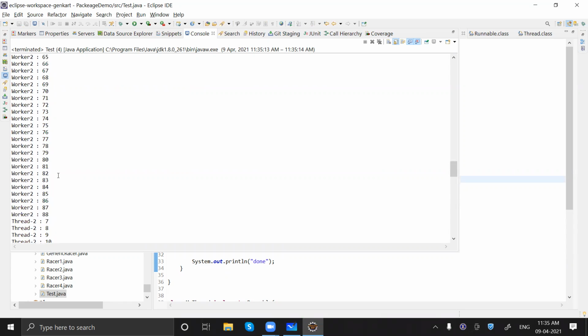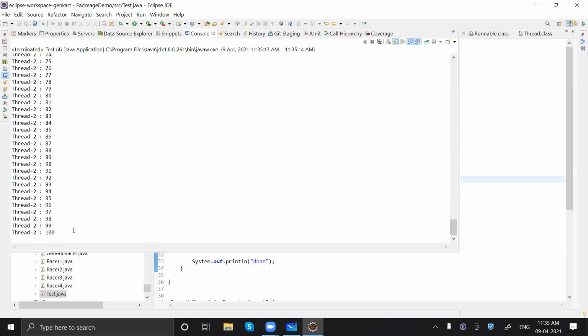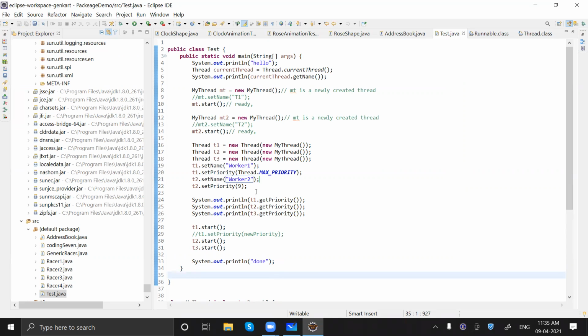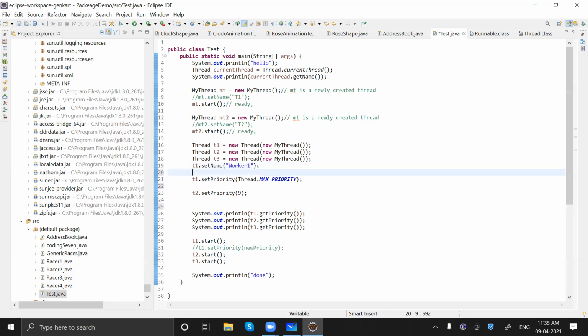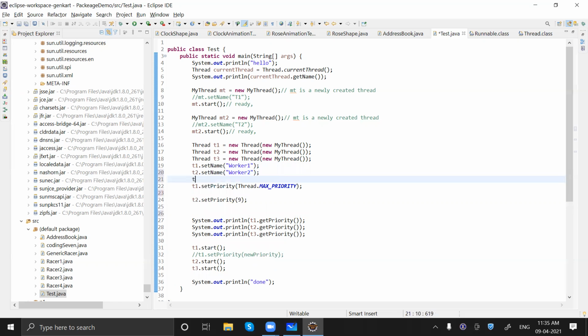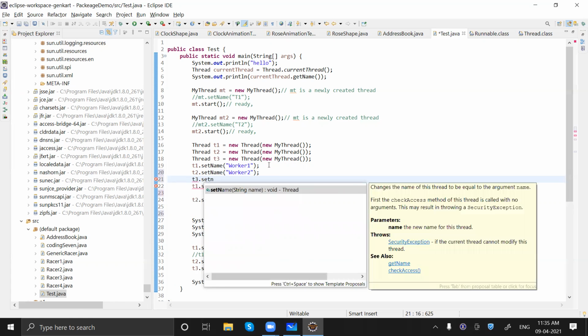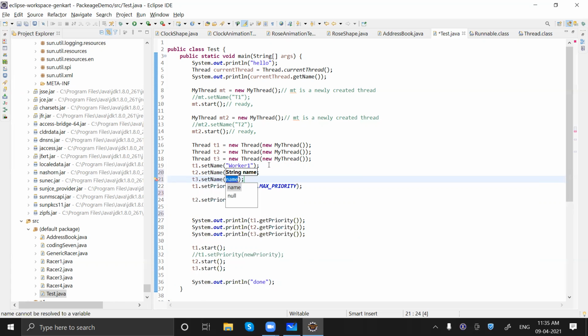And worker 1 completed, and at the end, who is completing? Thread 2, which basically doesn't have any name. Getting my point? Or we can name that as well. So what we can do is take this code over the beginning here, and t3.setName, and the name is worker 3. Okay,